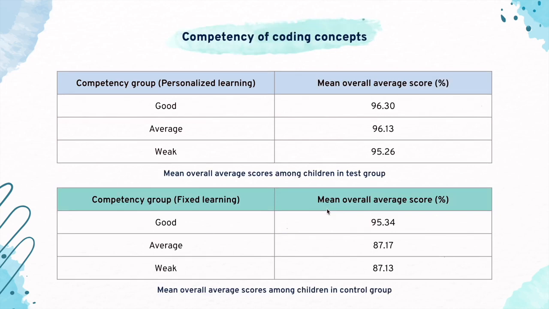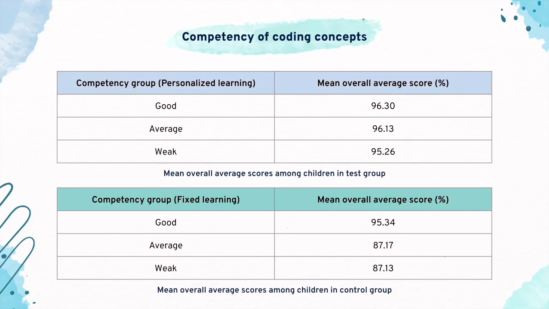So now, looking into the competency of coding concepts, competency is indicated by the overall score for each of these concepts. So this is applicable to both test group and control group. So looking into the personalized learning group, all the competency groups of good, average, and weak children are performing equally. So as you can see, the deviations are less for the mean overall average score. And for the fixed group or for the control group, there are slight deviations among good, average, and weak children. As you can see, the mean overall average score is 95.34 for the good students, 87.17 for average, and 87.13